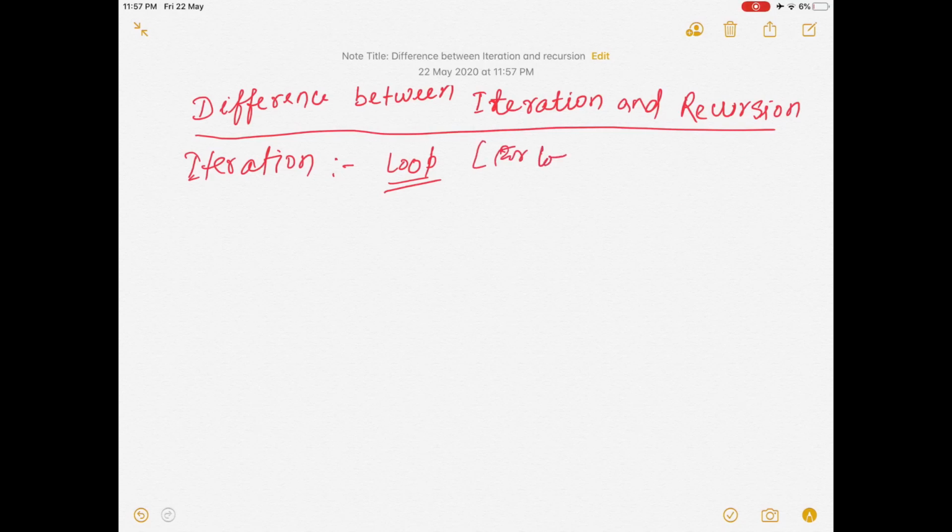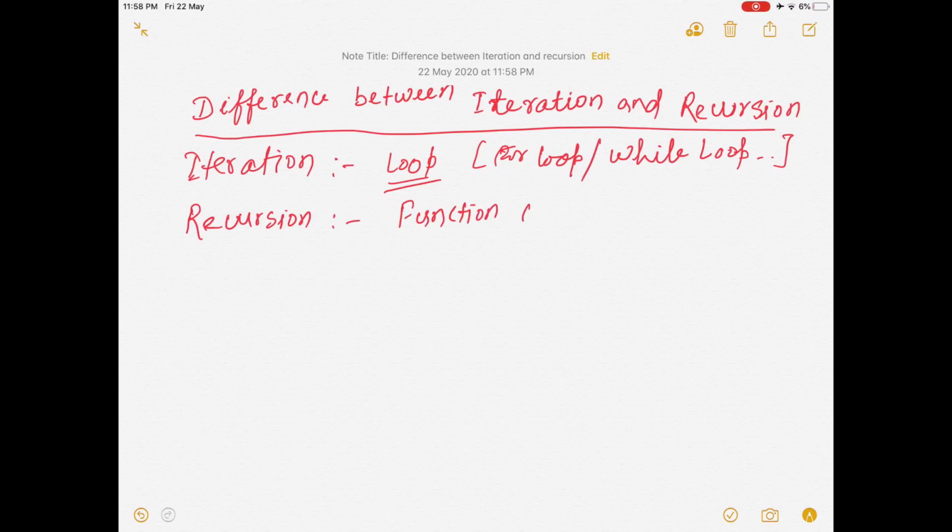So loop means for loop or while loop, or whichever you find suits your problem. Then there is recursion. Recursion is basically calling the code itself, or when a function calls itself.